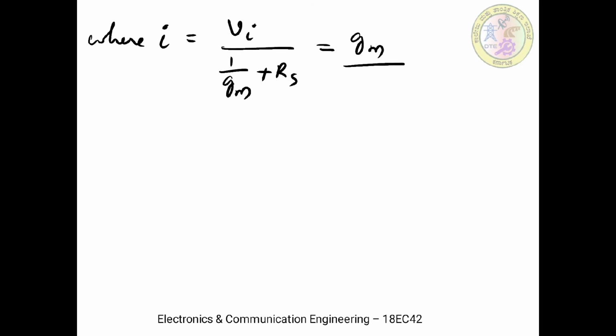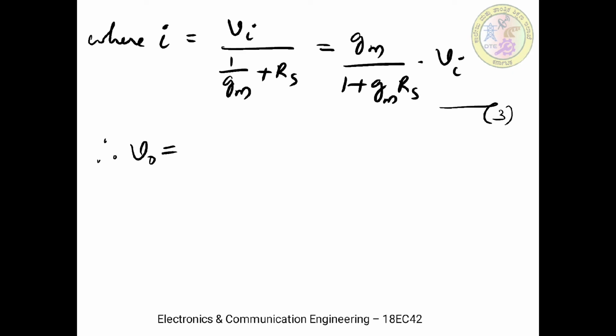The current I will be equal to V by R, where V is nothing but Vi, and R is the series combination of 1 by Gm and Rs, 1 by Gm plus Rs. So on simplification we are going to get Gm divided by 1 plus Gm into Rs, times Vi. Okay, so this is the value of I, we have the expression for I. So once we know I, now we will rewrite V naught.